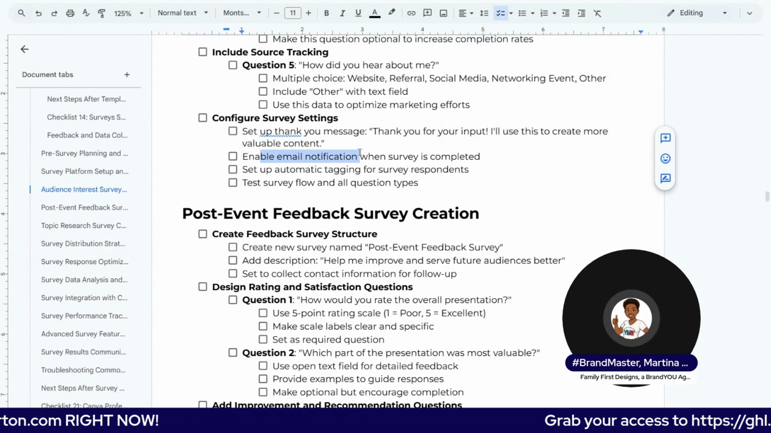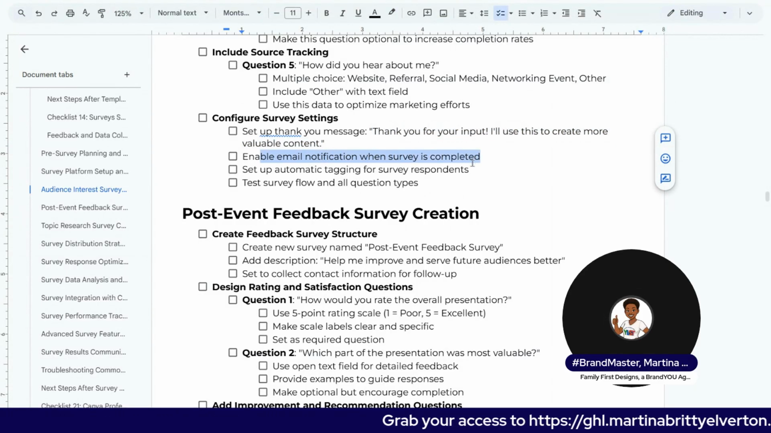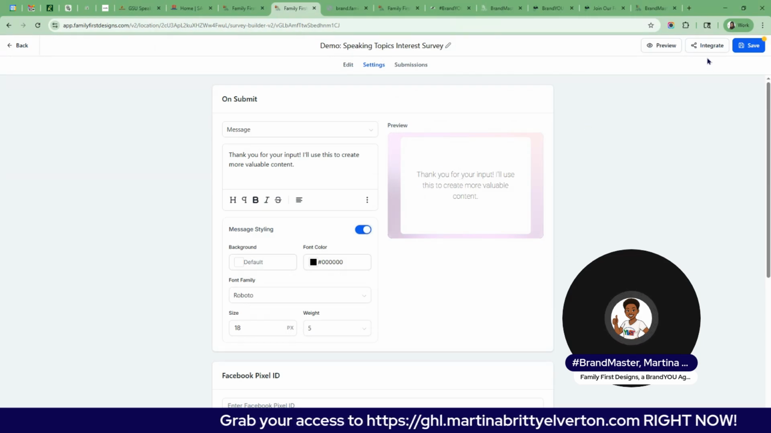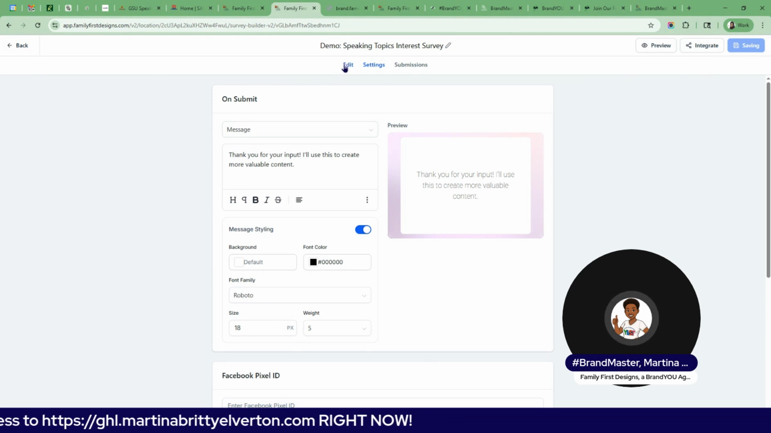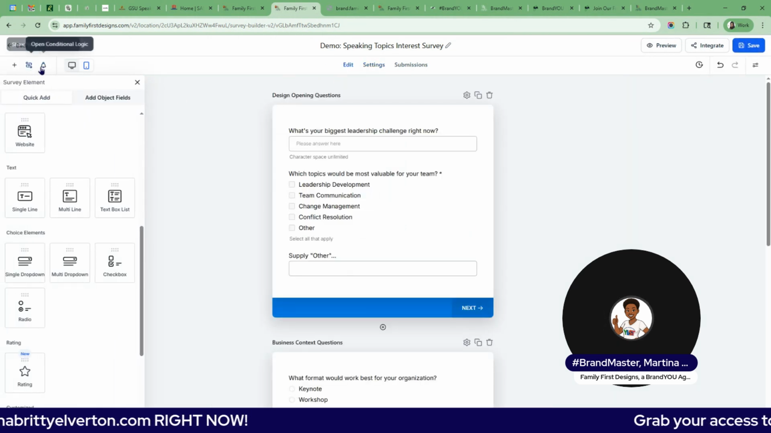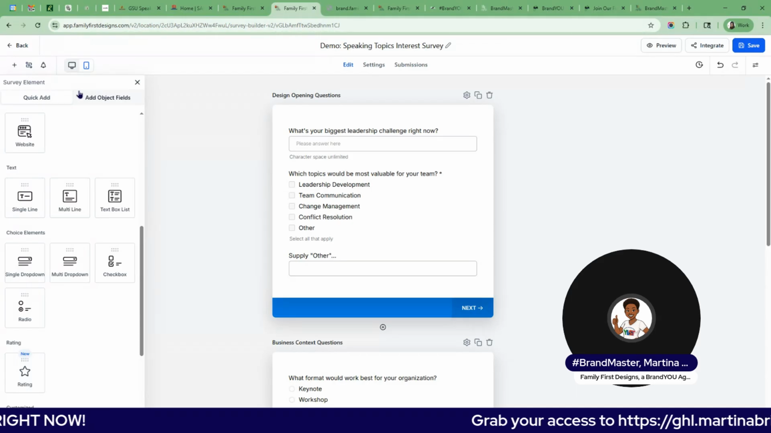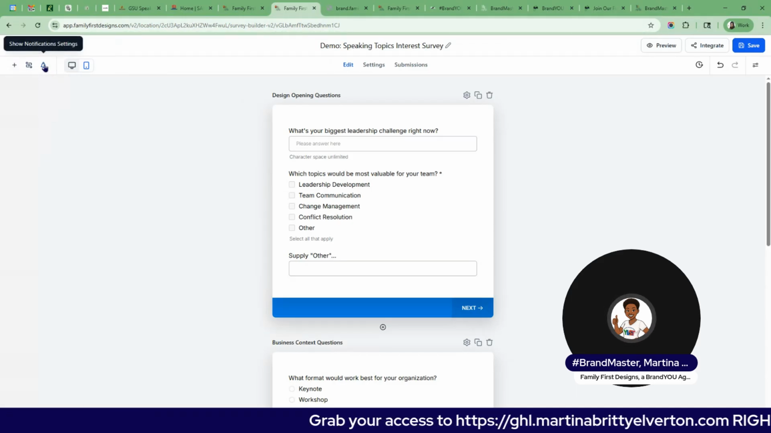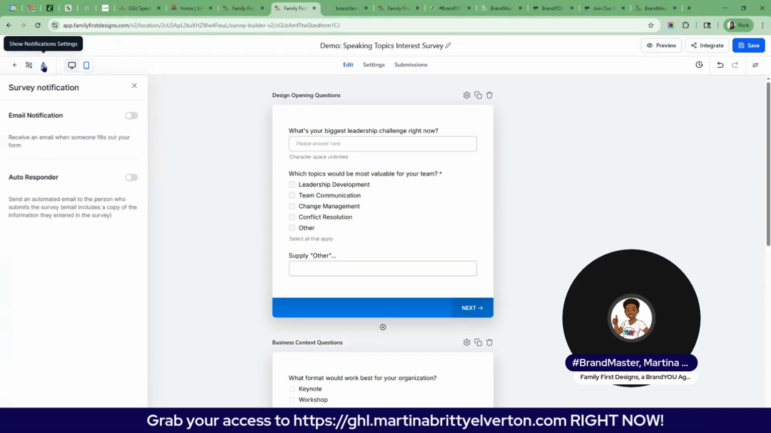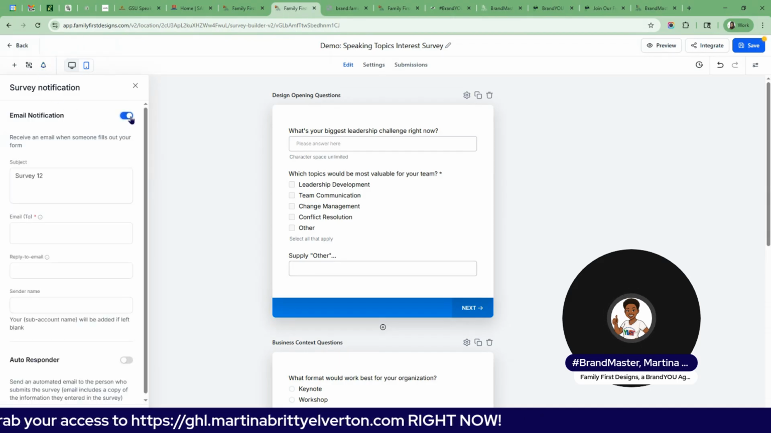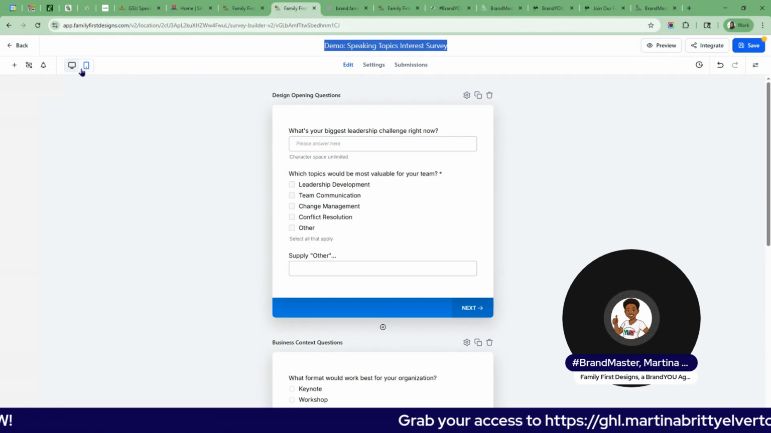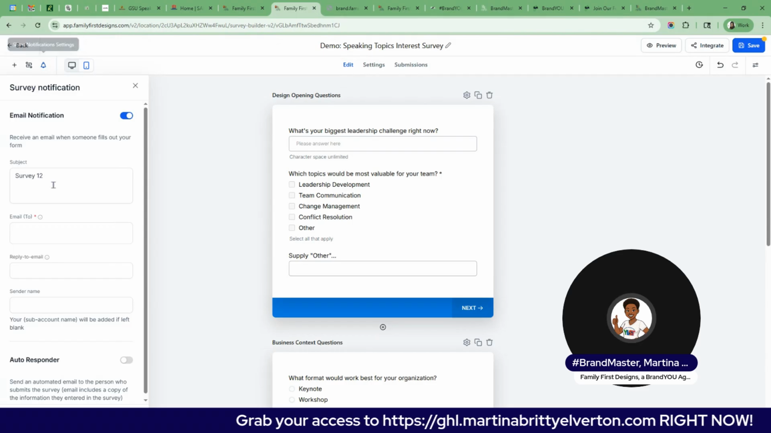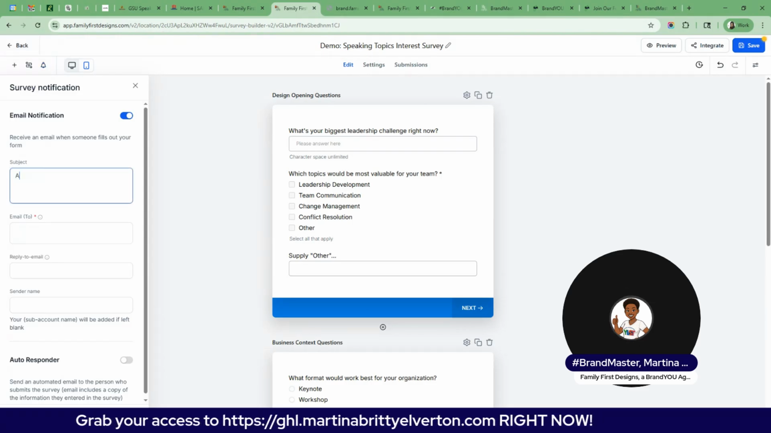Again, it says enable email notification when the survey is completed. What you want to make sure that you do, after you save often, like I said, is go back to the edit option. Now we're going to look up here in the left hand option on that page. We don't need to use this box right now, but let's look right here in the notification settings. We want to ensure that we have an email notification turned on. So for the purposes of what I'm going to show, let's grab the name of the form, easy peasy, and let's go in here and we can say